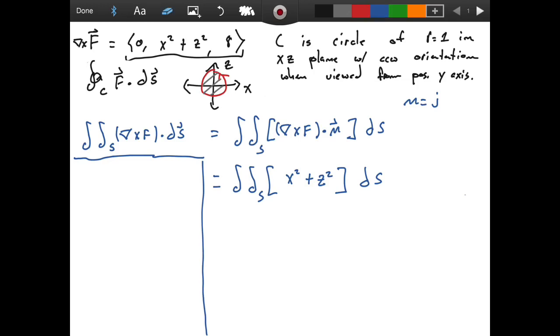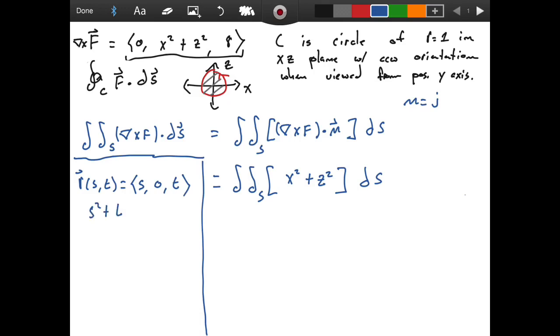Technically, if we want to do this, we need to come up with a parameterization for this surface. We could say that r of s, t is equal to something like s, 0, t, where s and t lie in the parameter domain,